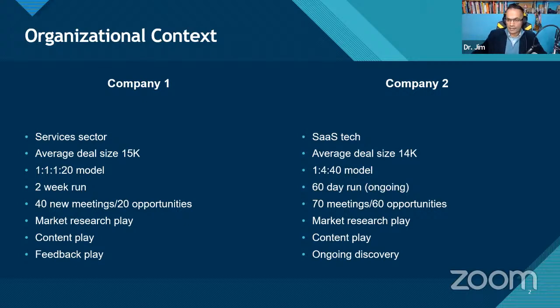And that got us to that 1-1-1-10 model. I actually expanded it out to 20 companies. And what we did is we made the case internally to do a thought leadership led go-to-market motion. And the reason why we went that route, and I think it's pretty obvious for anybody that has consumed full funnel stuff previously, is that the vast majority of your customer landscape or your TAM has no